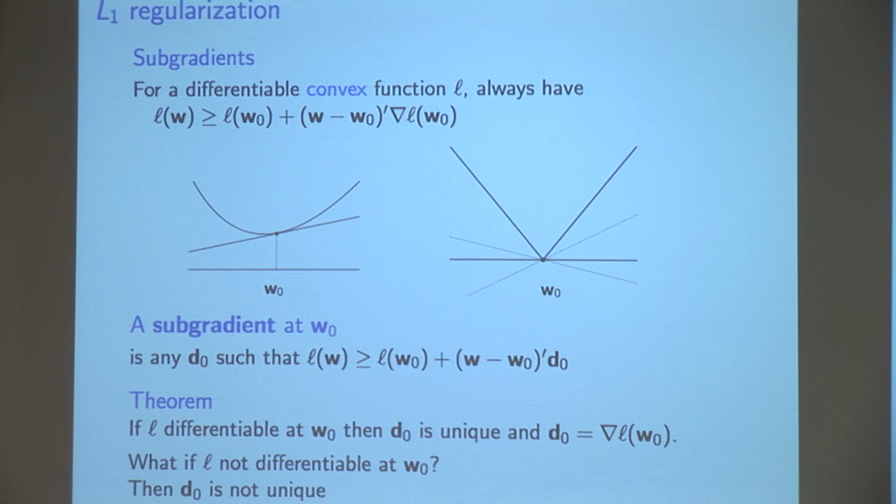Now, clearly, if we have a point that's not differentiable, it turns out that the number of supporting hyperplanes is infinite. You have this whole family of supporting hyperplanes. Each one of these is what we call a subgradient. Now, if the subgradient is unique, that would correspond to a gradient, and we have a differentiable point. If the subgradient is not unique, then we have a whole family of supporting hyperplanes.